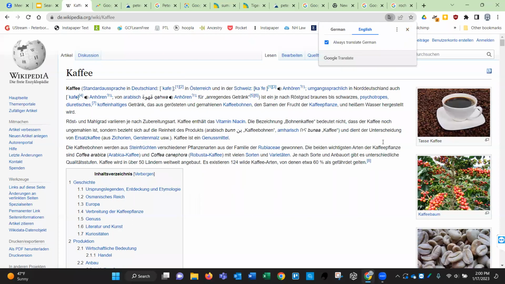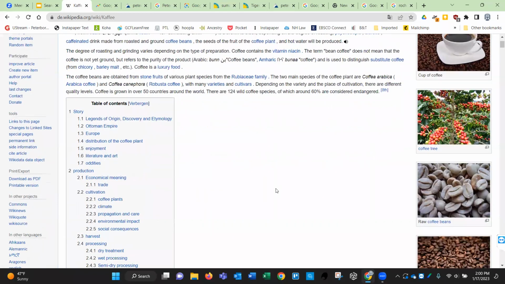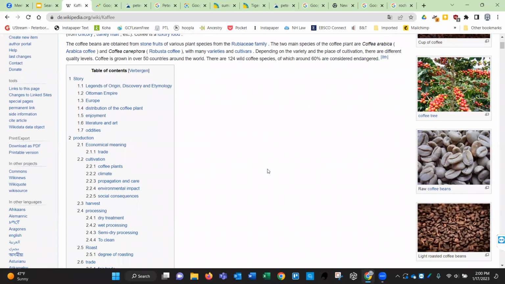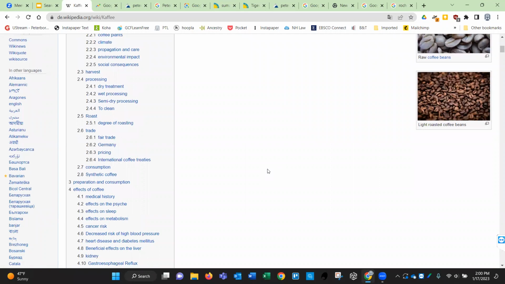And the nice thing is that Google will translate it for you. So I got the pop-up window from Google Translate, which is right here. So it's going to translate it into English for me, so I could read it. But what I want you to do is look at the table of contents. It's very different. The information is very different.